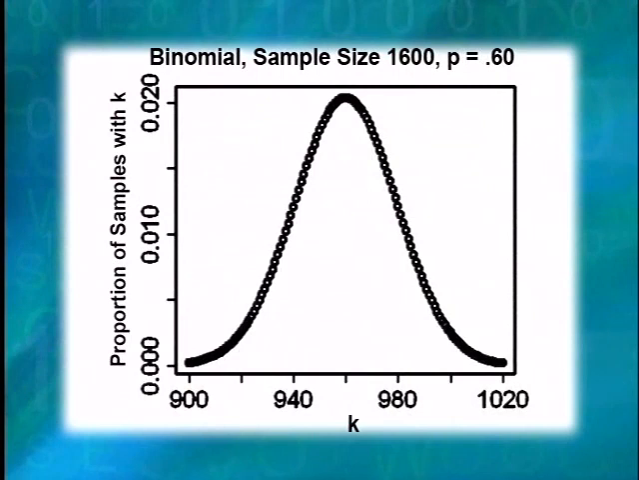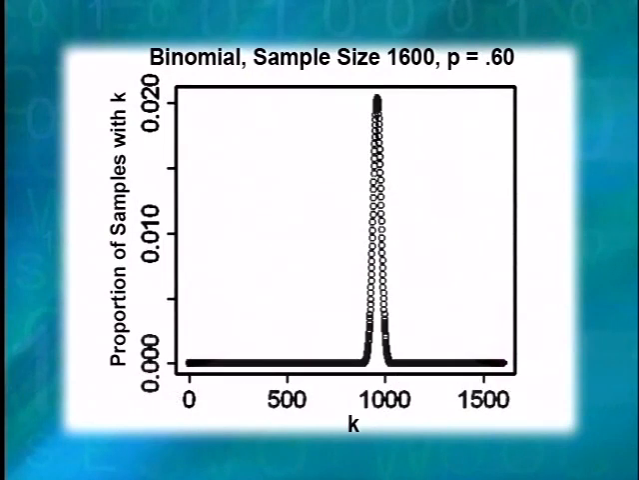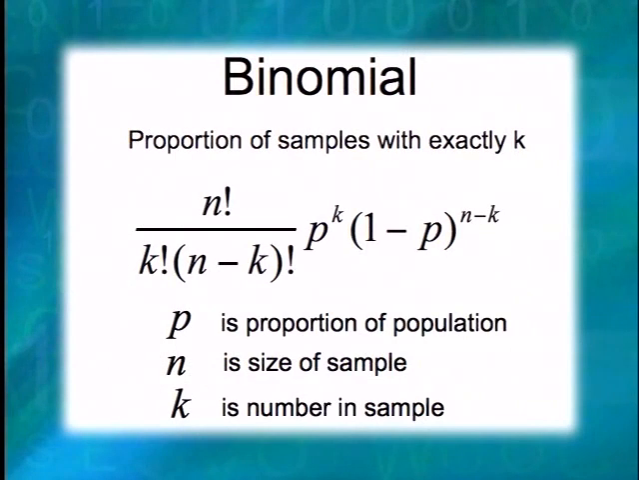And this is just a blow up of that same distribution that shows that most of the high part of the distribution lies between getting 900 and 1,020 of the 1,600 who are actually for proposition B. The binomial distribution has a complicated looking formula here. The point of showing this is just to show that you can actually compute the proportion of the samples that